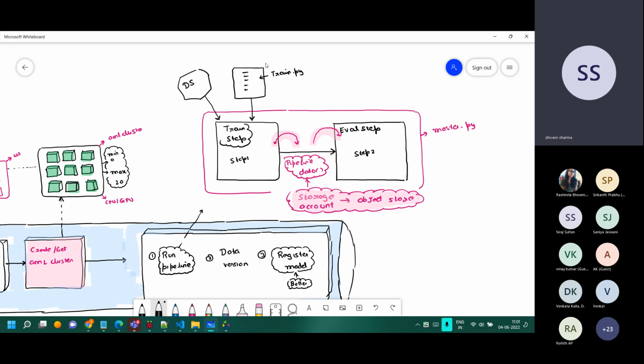So just the code, obviously, you will version control, but this data set also has to be version controlled, because it's all about the data. After a few days, which data set did you use to train that particular step 5 days back, 6 days back, 1 month back?